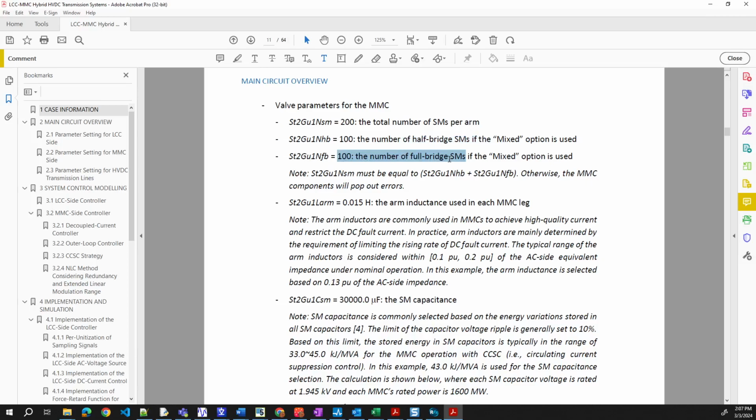If there's a mix option, 50% will be half and the rest will be full. That's one. So that's okay.